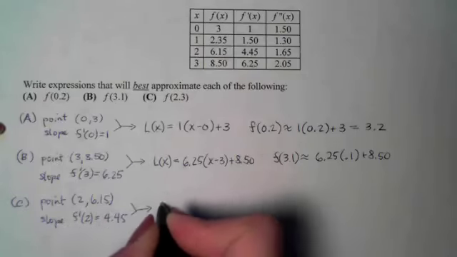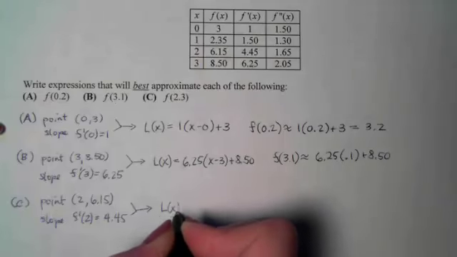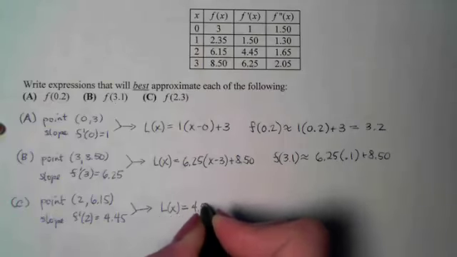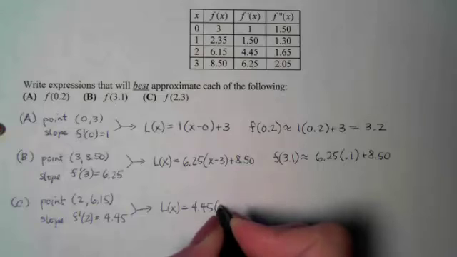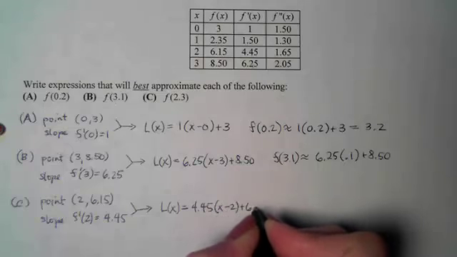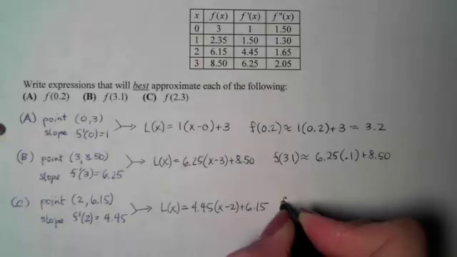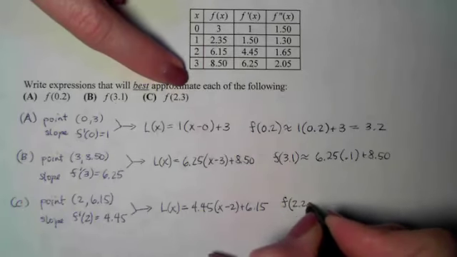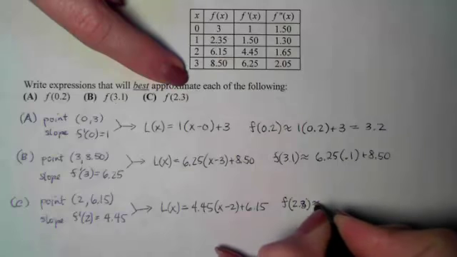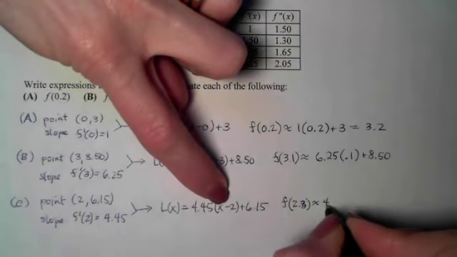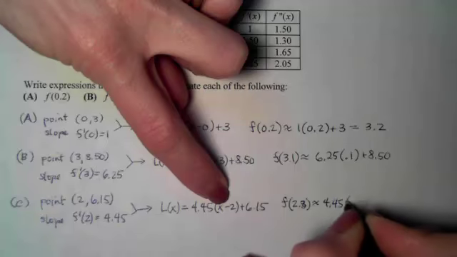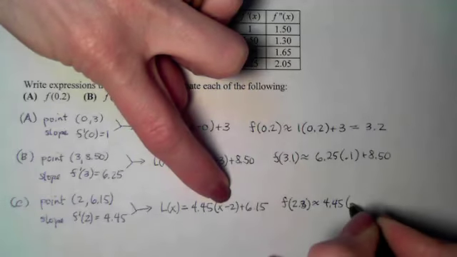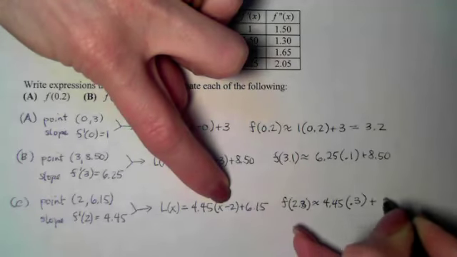Put the two together, we can write the equation of the linearization, which will approximate that curve, and then use the linearization to approximate the output of the function at 2.3 by plugging 2.3 in. So I'll have a 4.45 times a 2.3 minus a 2 is a 0.3 this time,